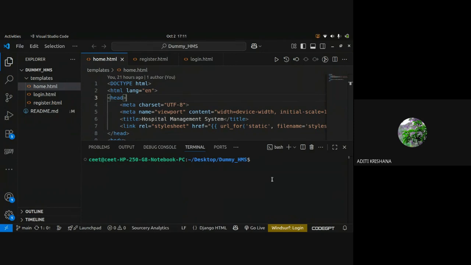For example, when we do registration, we create users, right? At the time of registration, we take the user's name, email ID, phone number, address, etc. But if you are creating an appointment with a doctor, what details are you going to take? Here we are creating a new appointment, but the field names will change.